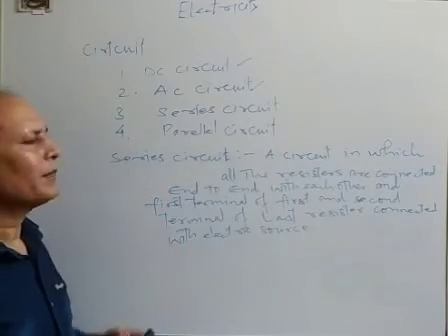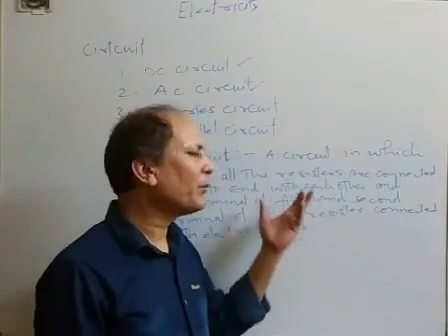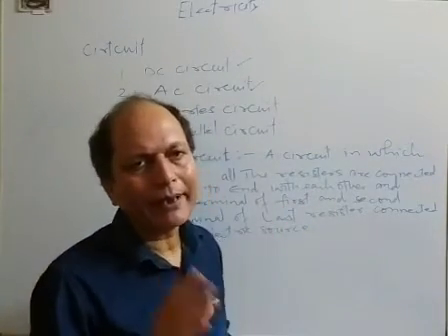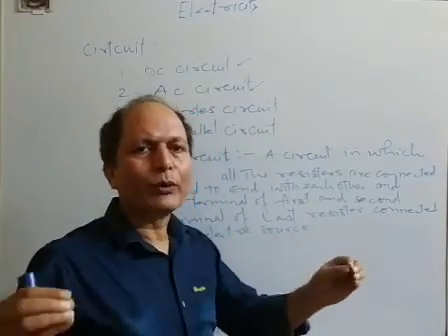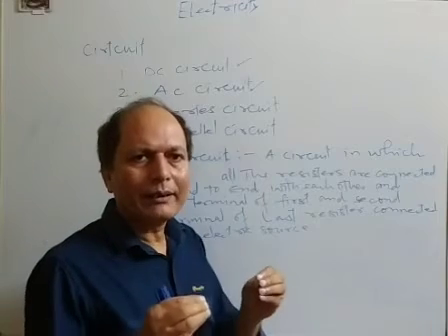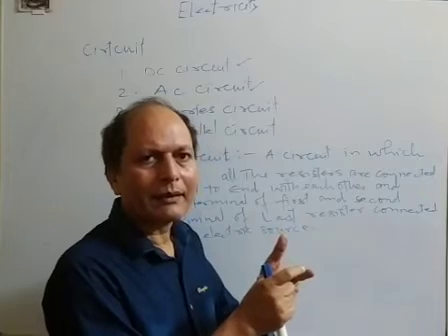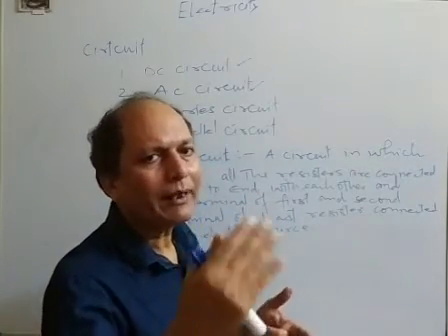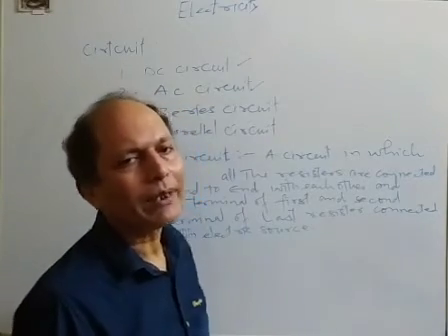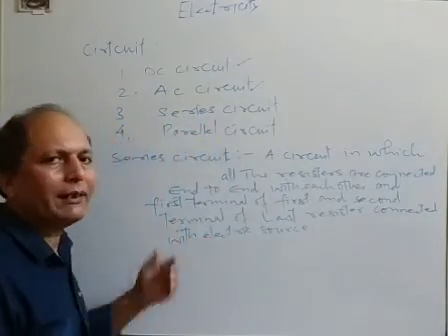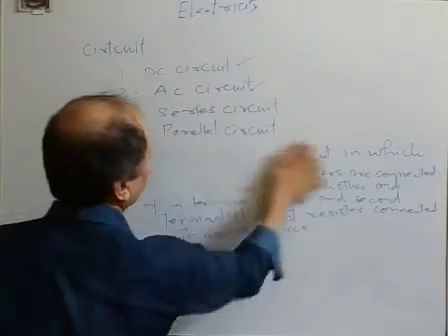Once again, in the case of a series circuit, mostly students are confused and they don't understand this pattern. So I am telling you here once again, a circuit in which all the resistors are connected end to end, and the first terminal of the first resistor and the second terminal of the last resistor are both connected with the electric source. This source may be AC or DC. Such a type of circuit is known as a series circuit. Now see the figure diagram.